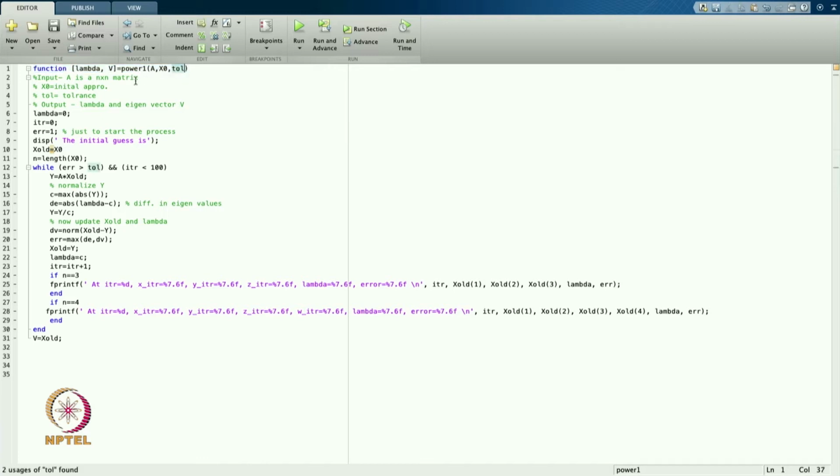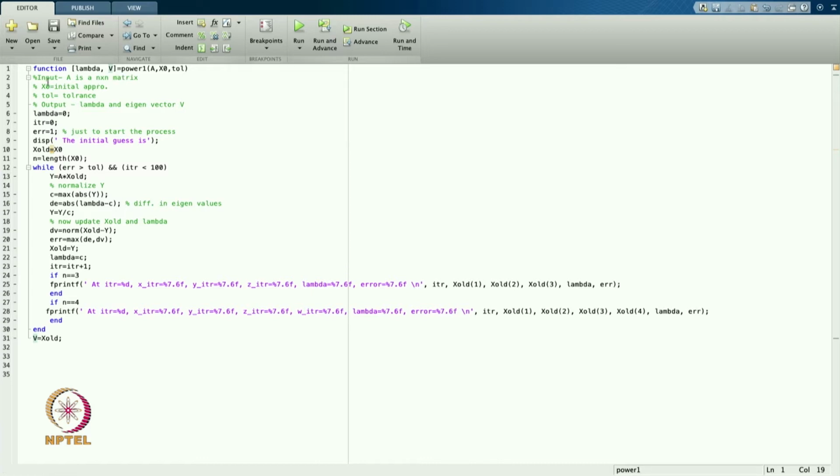From this function I will get the value of lambda, the dominant eigenvalue, and V is the corresponding dominant eigenvector.